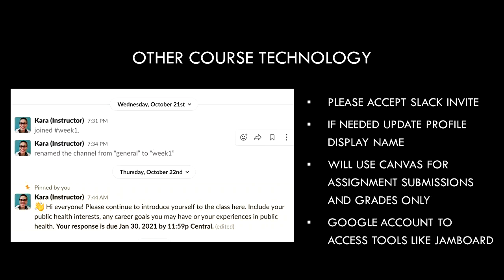In addition, we'll use Slack as our discussion board. I'll go over your first discussion board assignment during our first week of class. Please make sure you accept the Slack invite that I will send you prior to class. And finally, if you don't have a Google account, please make sure that you create one so that you can access the different tools that we may use for course activities like the Jamboard.